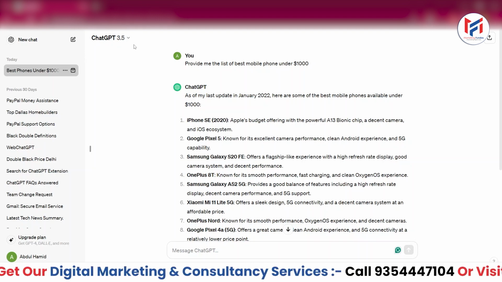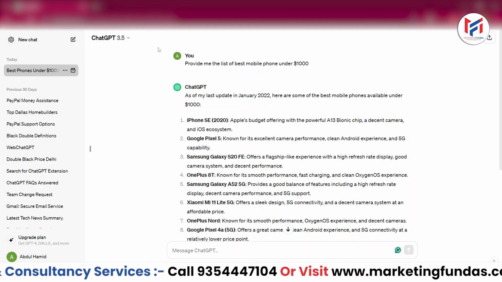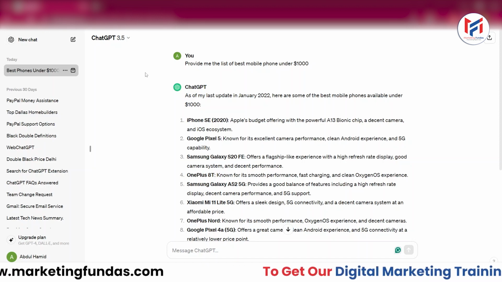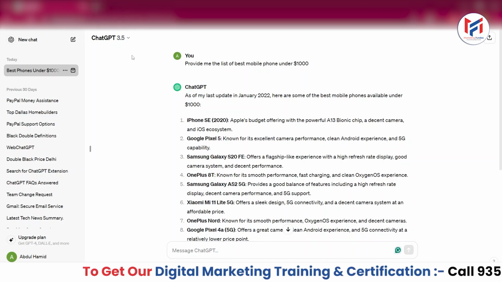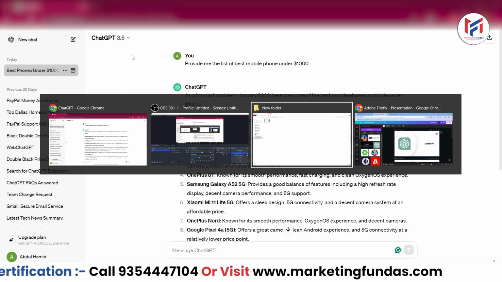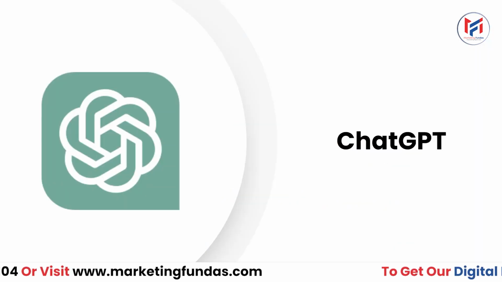And except for the latest data, ChatGPT 3.5 is very capable of answering all your questions. Right now, after ChatGPT, you already know about ChatGPT. Now let's talk about the second tool in the list, and that is